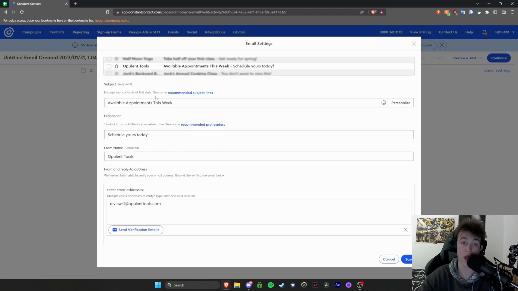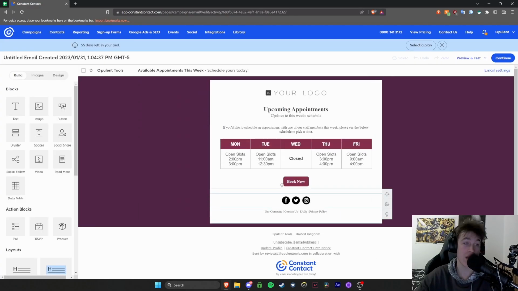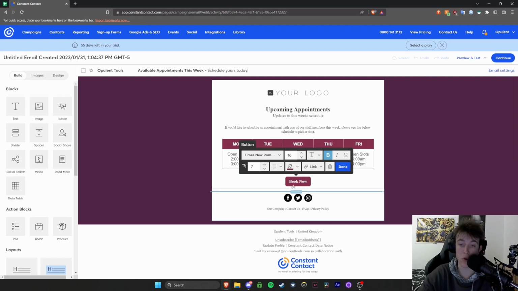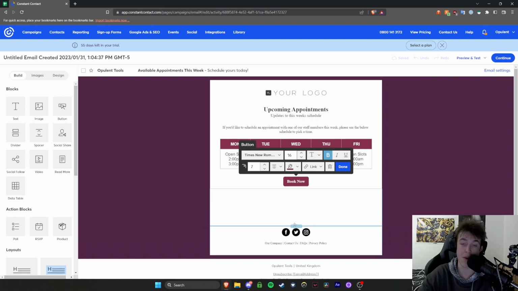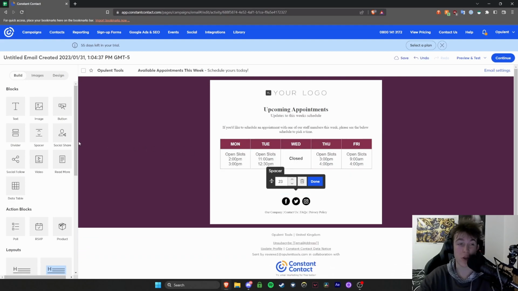And we can hit on this and then edit it. As you can see, you have the subject, you have the pre-header, all that information, and you can hit save, and then you have your customization area. So you can edit and move around all these boxes as much as you want. You can extend sections, you can make the email bigger or smaller, you can change the color of areas, you